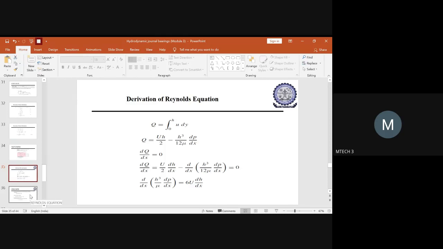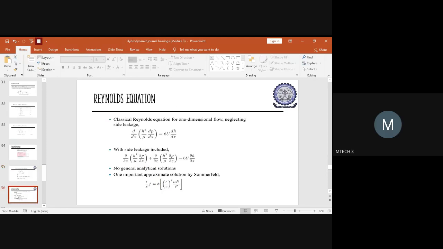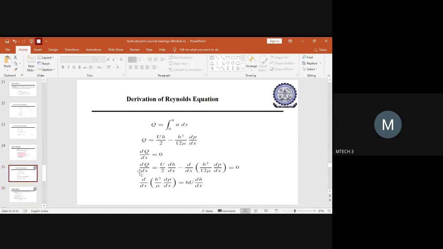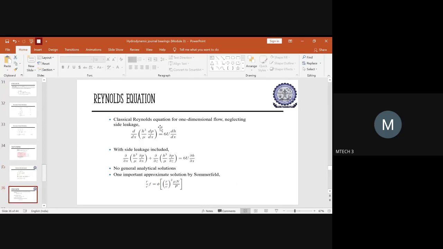After that, this is termed as the Reynolds equation, what you get for one dimensional flow. So dou by dou x of h cube by mu into dp by dx will be equal to 6u into dh by dx. This you will get after simplification. Here the simplification process is not done, so after this equation, you will simplify here. After simplification, this will be the last term you get, and this will be the basic classical Reynolds equation